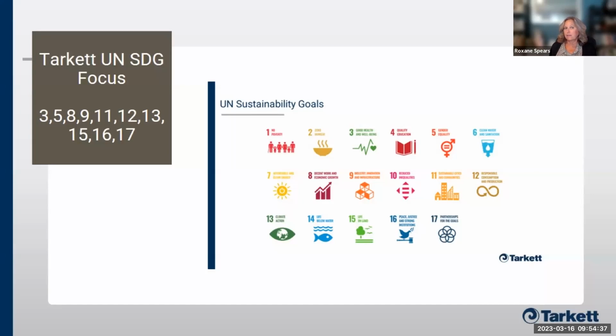So when we think of health and well-being for Tarkett, let's think out of the box. It's a product, and we're putting it into schools and healthcare. So what are we doing to maintain the health and well-being of the people using our product? But what else are we doing for the health and well-being of our employees and helping them understand? We just did,